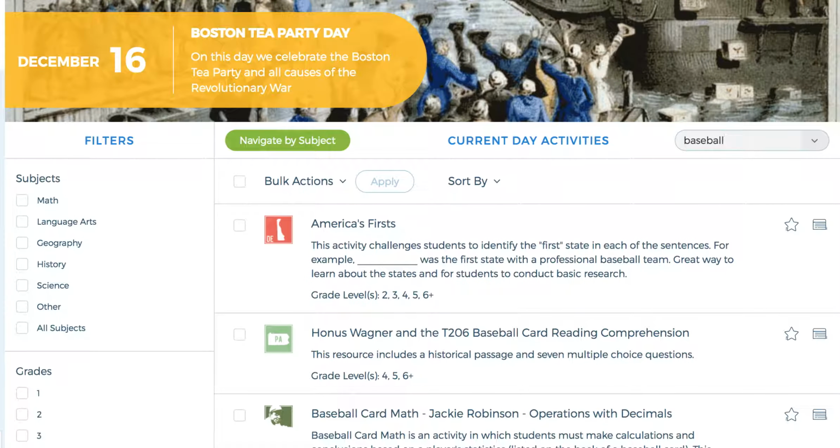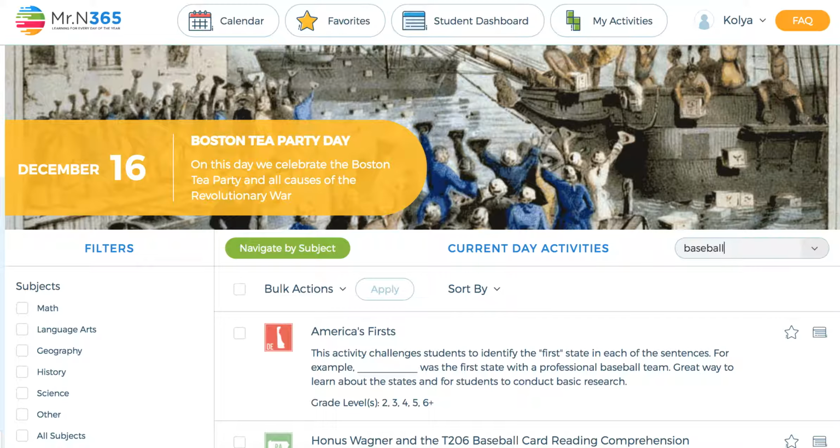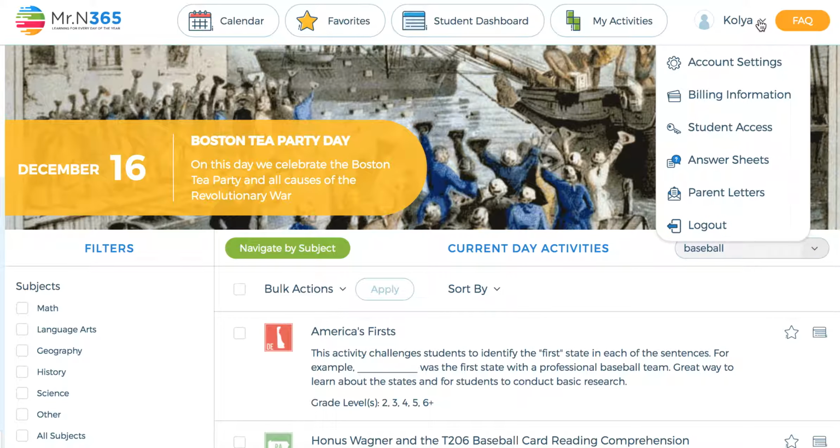So one of the first things you're going to want to do is create a student dashboard. And this is very easy. Right here is a very important section on the site. If I click on it, I can scroll down to where it says Student Access. And right below that is where all of the answer sheets are. So if I click on Student Access,